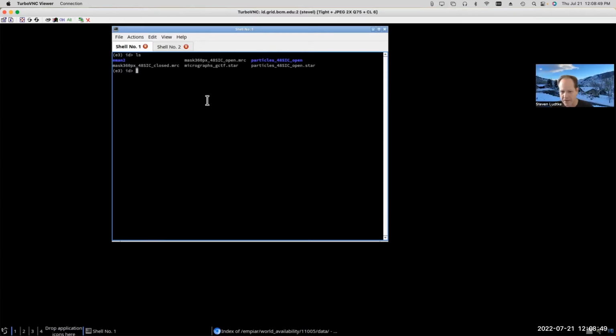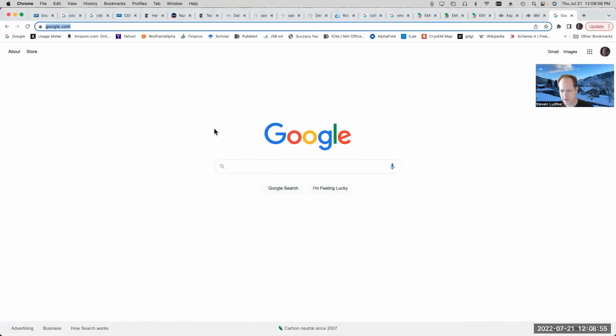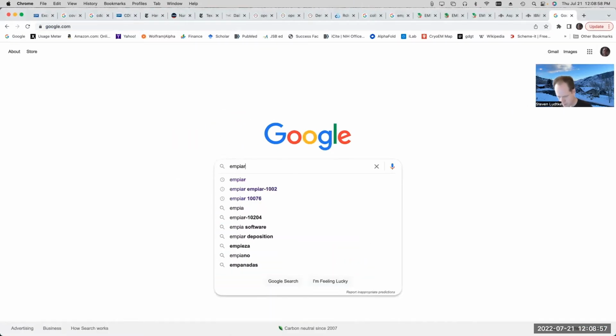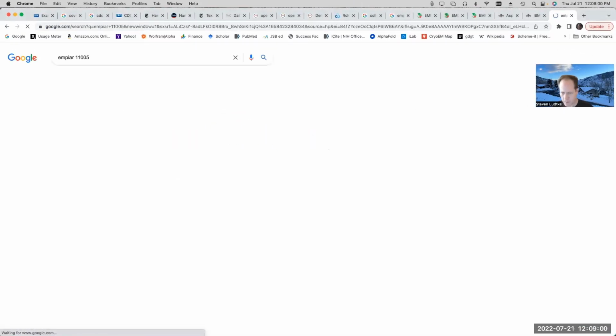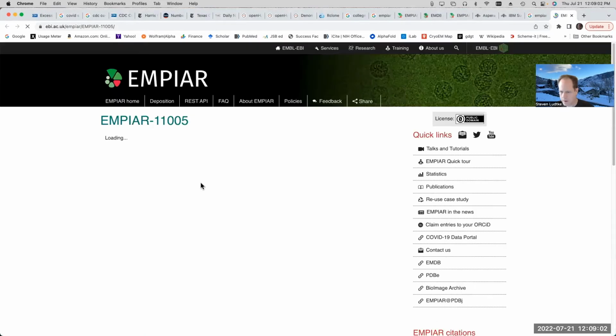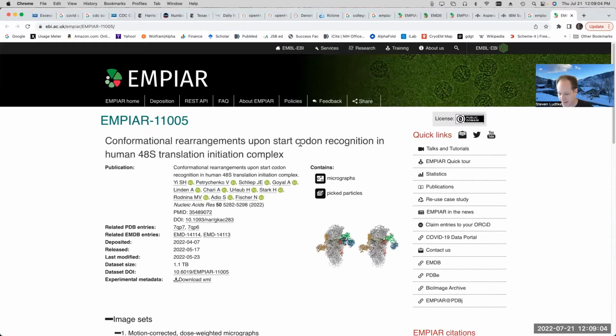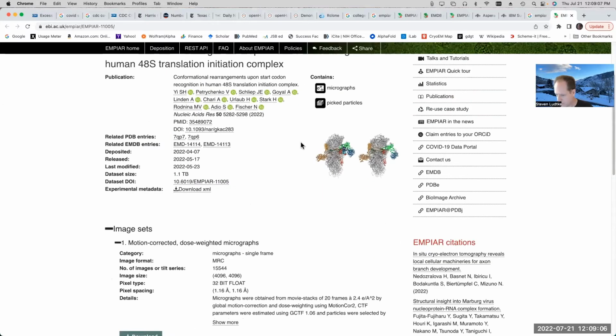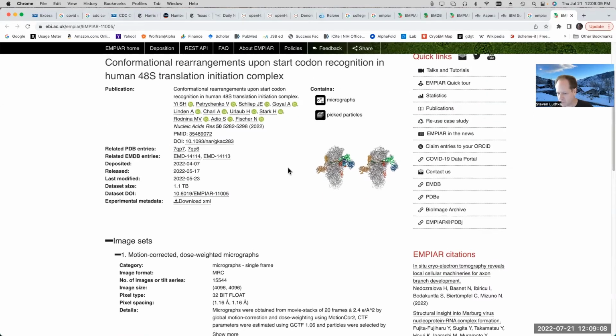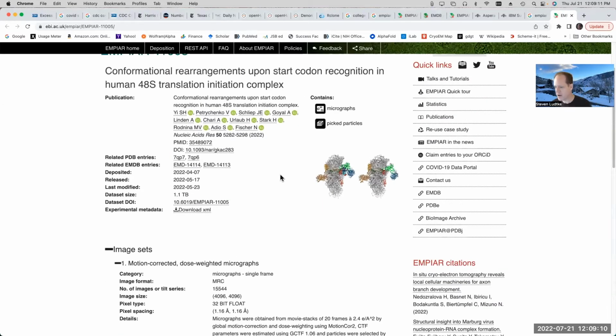Okay, so the Empire data set that we're working with here is 11005. I have not ever tried this data set before. I picked it kind of randomly because it's a data set that provides boxed out particle data, not just the raw micrographs.